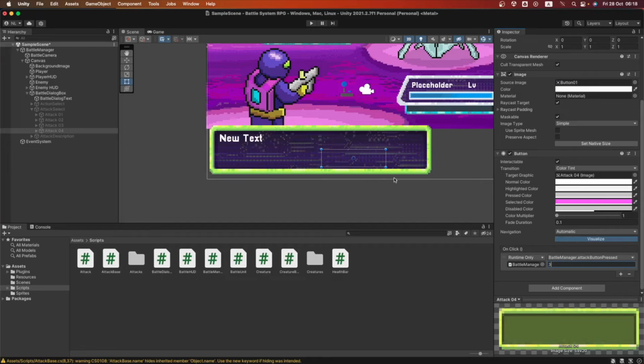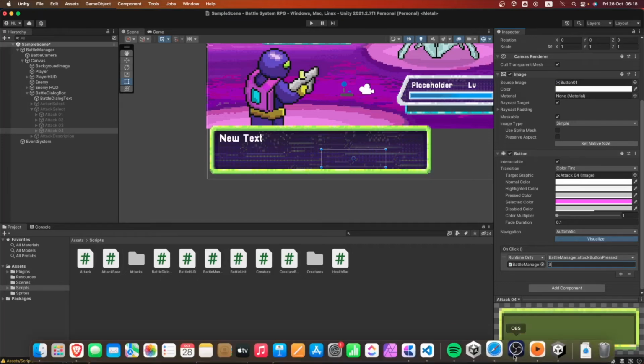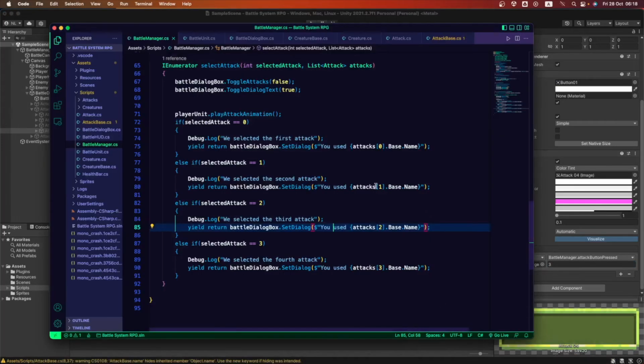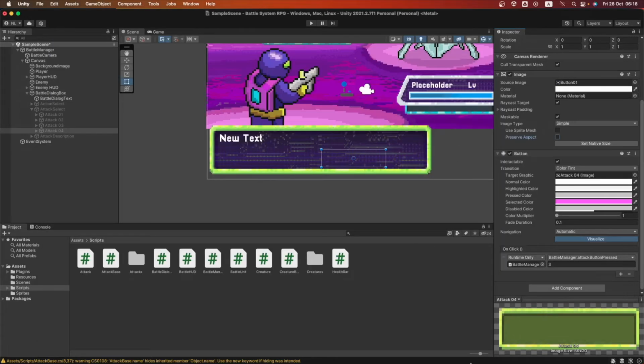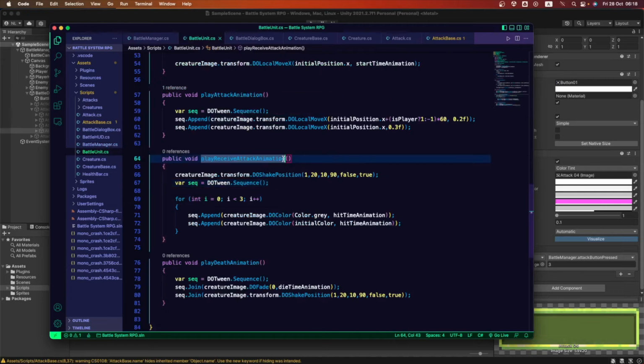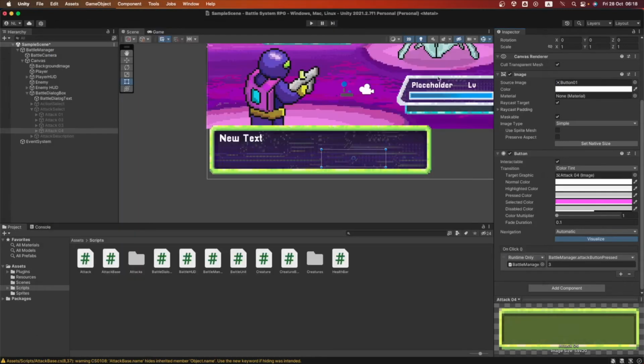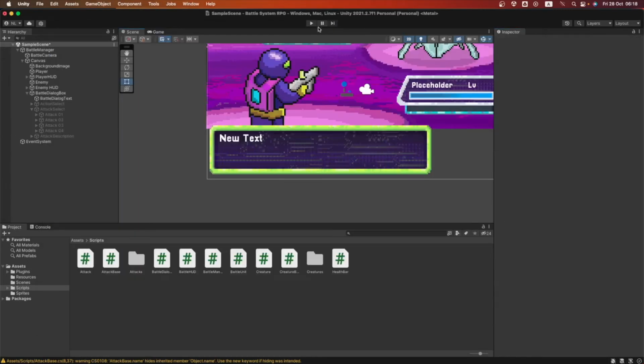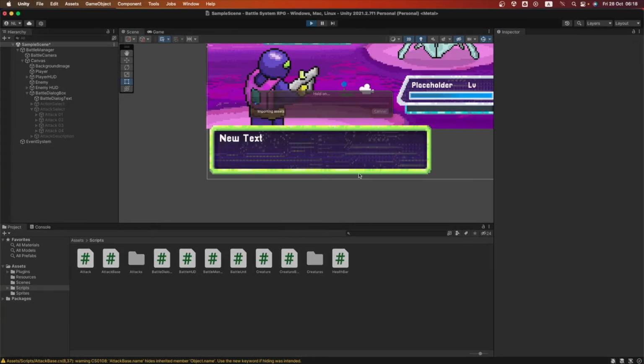Those are gonna be the spaces, the numbers that we're gonna be counting in this list of attacks. Okay, so now if we go back into VS Code, if we change up the numbers here, this text is gonna give us the name of each attack when we perform it. So let's go into VS Code. Let's save this. Let me remember to save the battle unit 2, save that one. Okay, let's go back into play mode to see how that is working.